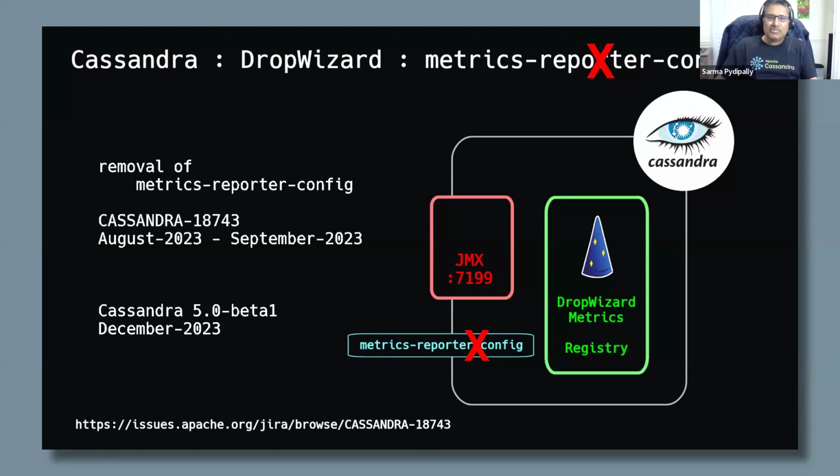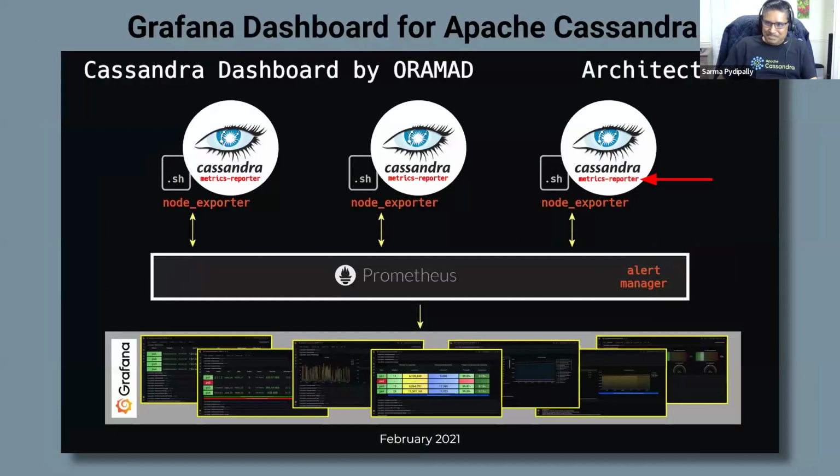Some of us voted for removal of this old metrics reporter config. So I realized that happened, and I was on December 24th night, just getting into Christmas. I get a gift that, hey, you are using this metrics reporter config, which is no longer supported. So how I was using the metrics reporter, you can see every node has metrics reporter plugged into,